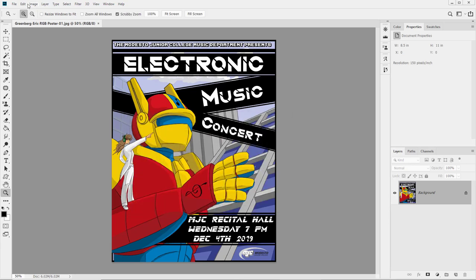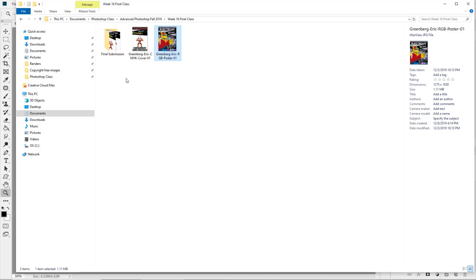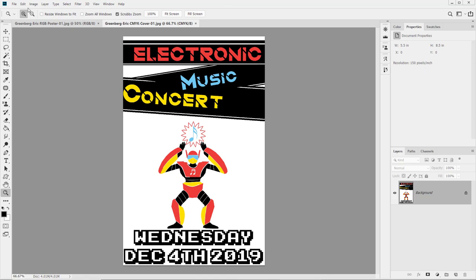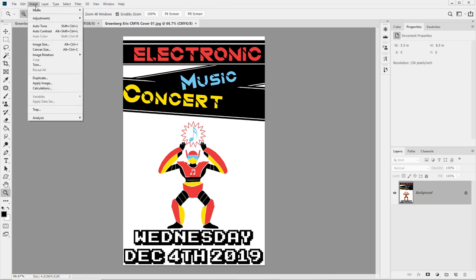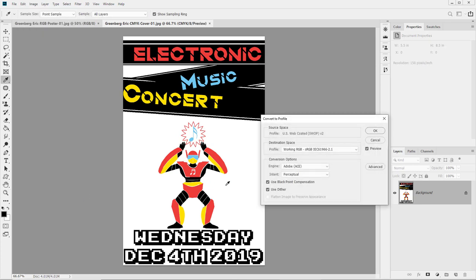Now, that said, before we shrink it down, we need to make sure that everything's in RGB mode. This one, of course, is. So we don't have to worry about it. But you'll notice that because I picked the RGB one, this one is in CMYK. So I'm just going to go to Image. Sorry, I always do that. I'm going to go to Edit, Convert to Profile. I'm going to toss it into the